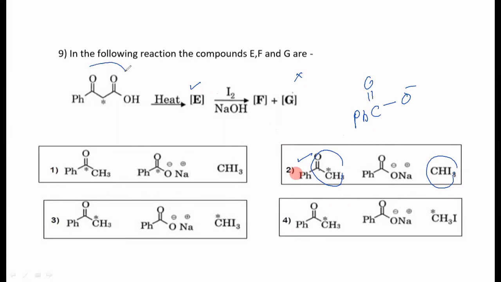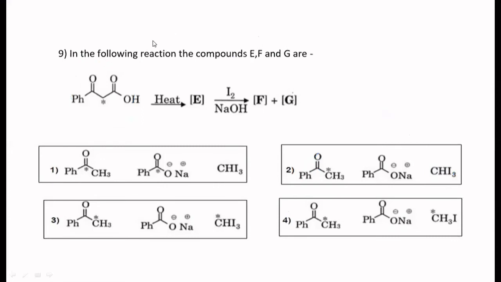What is the important concept here? Beta keto acids. Or if at the beta position you have any electron withdrawing group, the acid undergoes decarboxylation very easily. Okay, that is the concept. Fine. All of you understood this? Any doubt? Shall I move ahead? Yes, ma'am.